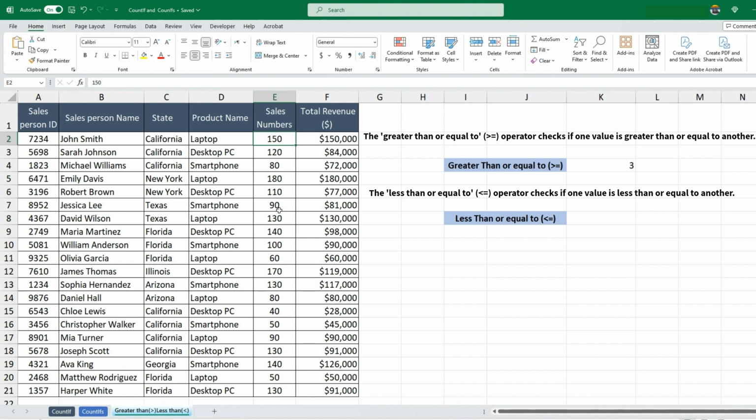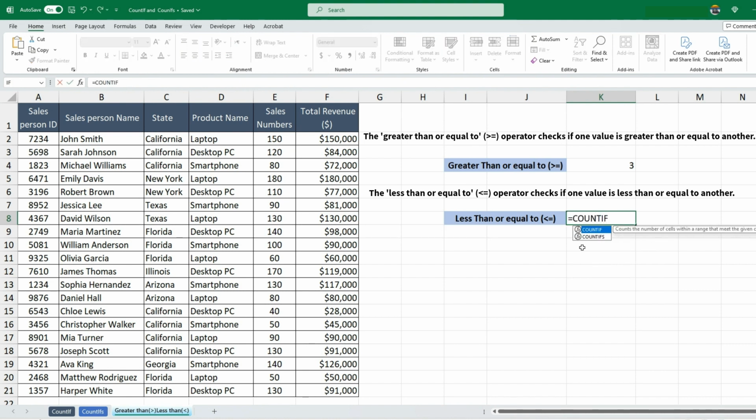Similarly, let's add an example for the less than or equal to operator. Suppose you want to count how many salespeople sold 130 or fewer products. You can use the CountIf function with the less than or equal to symbol. In Excel, the formula would be